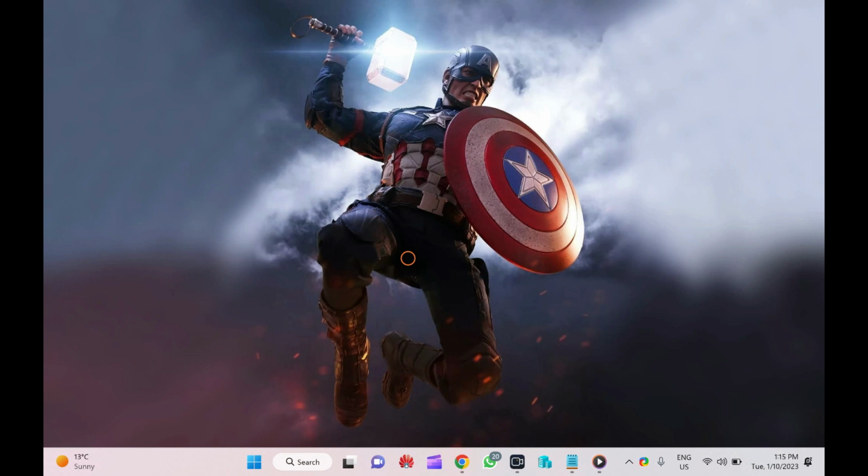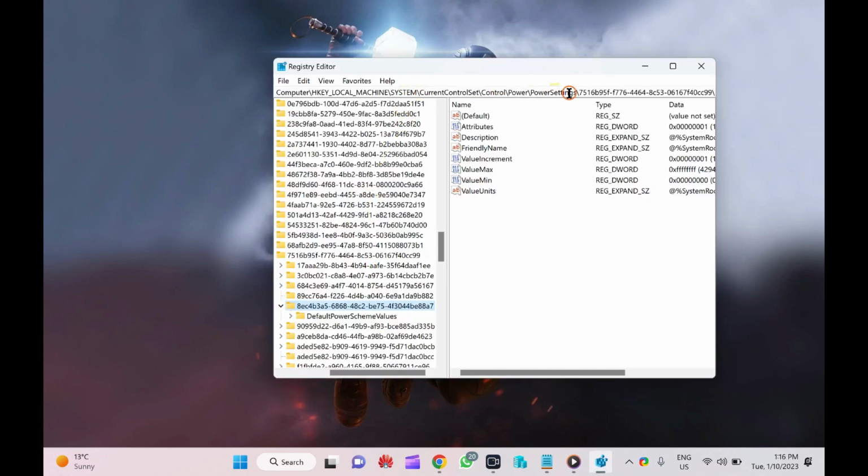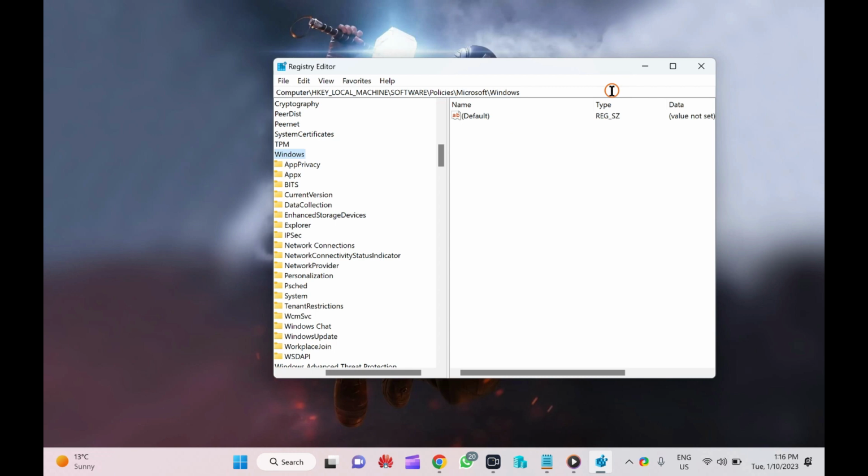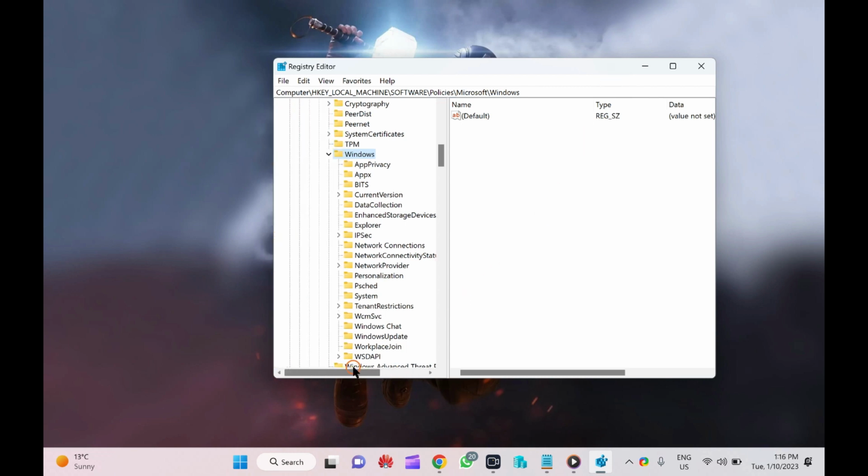If User Account Control prompts, click Yes. In the address bar, copy and paste the complete path which I will provide in the video description and press Enter on your keyboard. This will directly jump to the Windows key under Microsoft.